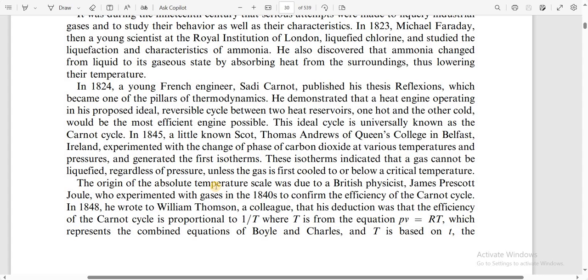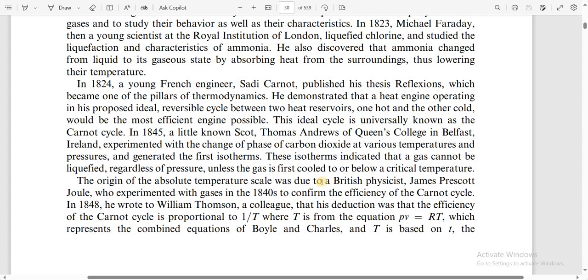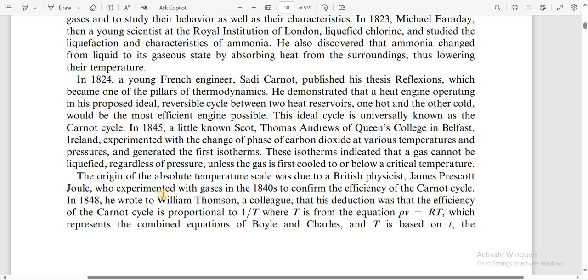The origin of the absolute temperature scale was due to the British physicist James Joule, who experimented with gases in the 1840s to confirm the efficiency of the Carnot cycle. In 1848, he wrote to William Thomson, a colleague, that his deduction was that the efficiency of the Carnot cycle is proportional to 1 by T, where T is from the equation PV equal to RT,